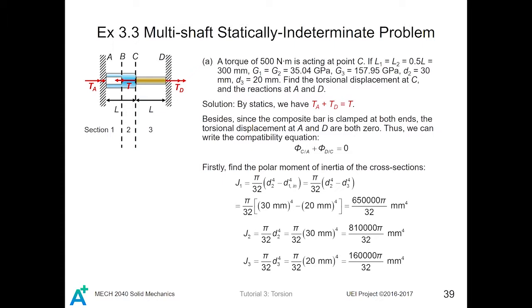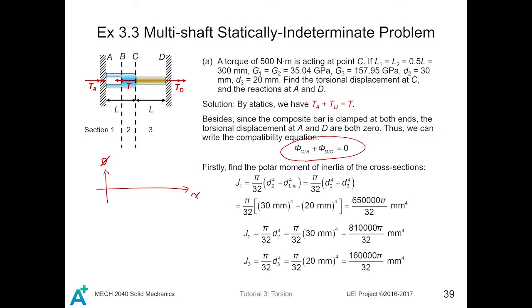Apart from that, this is all we can know from statics. Next, we have to obtain additional equations to solve the statically indeterminate problem, because obviously we can draw no conclusion from this statics result. However, one thing you can bear in mind is that the torsional displacement of C relative to A plus the torsional displacement of D relative to C should be 0. That is,